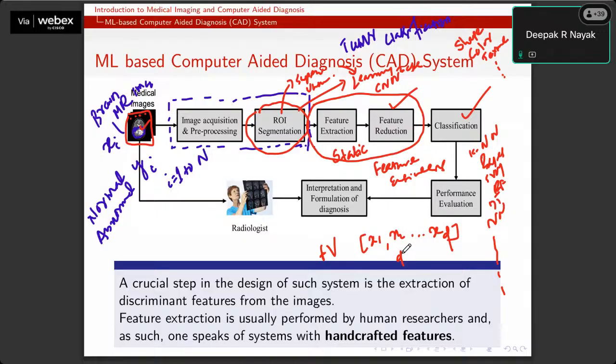We don't know how many features we should extract, or how many features are sufficient to represent this particular image. If we take all the pixels, this D value is going to be very, very large. We don't want such a large dimensional feature vector, because if the input to the classification algorithm is very large, the complexity of the algorithm is going to be very large.